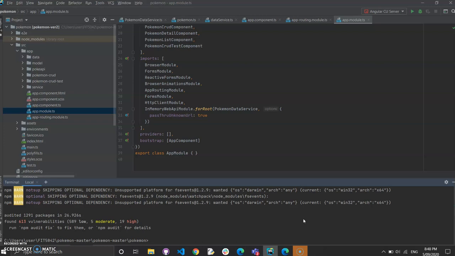Okay, so now as you can see, all our missing dependencies have been installed, and now what we need to do is follow points number 26 and 27, where we are trying to use imports in order to resolve the form group error.